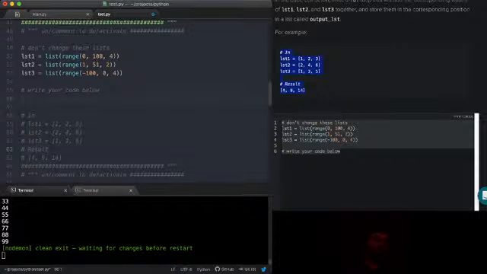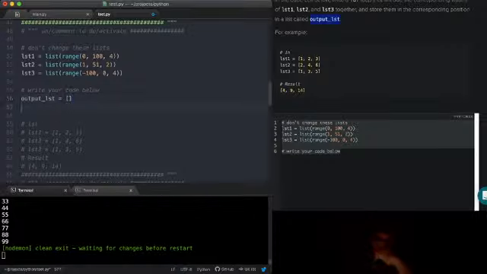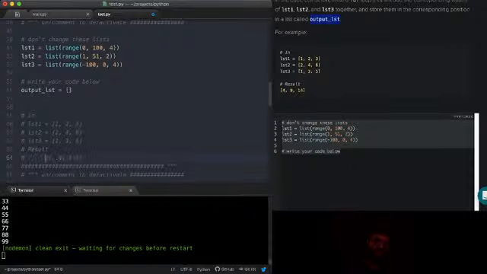So let's say, what is it called? Output list. We'll take output list, pop it in here. Output list equals a list. And we want to add each element in each column, right? So let's look at this test, and this will help us determine what should be happening here. So what I'm seeing is 1 plus 2 plus 1. 1 plus 2 is 3 plus 1 is 4, and we get 4 here.